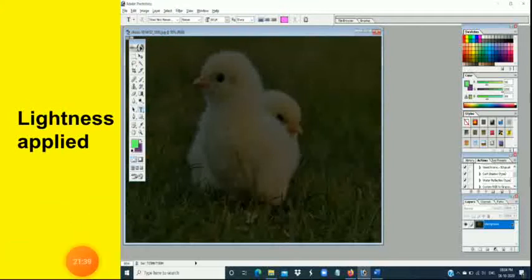What is the first step? First you have to open the image, click Image, Adjustments, Hue/Saturation, or use the shortcut key Ctrl+U. The Hue/Saturation dialog box will open, and adjust the color levels, hue, saturation, and lightness according to your need, and click on OK. Your hue adjusted image will be displayed, the saturation applied image will be displayed, and the lightness applied image will also be displayed. Like this only you have to make adjustments to an image.